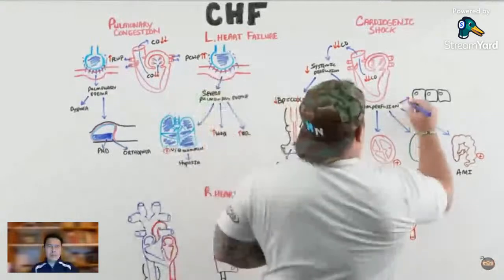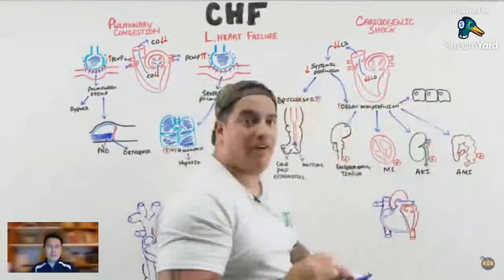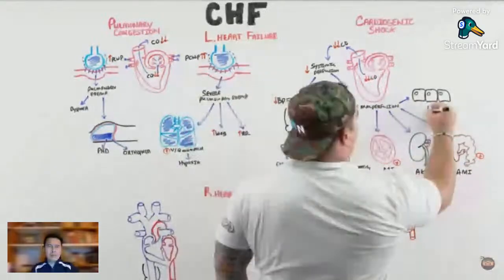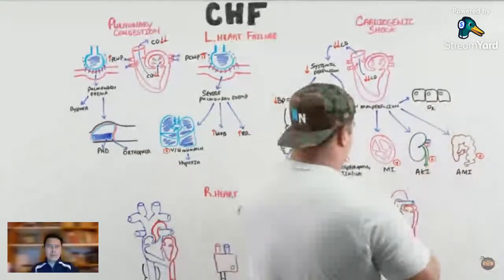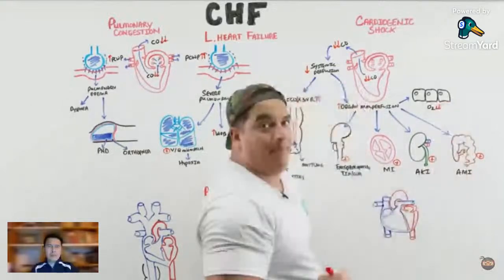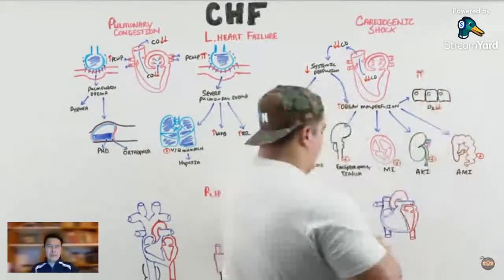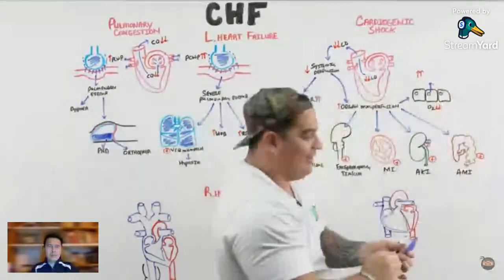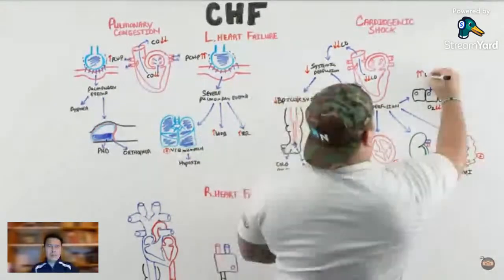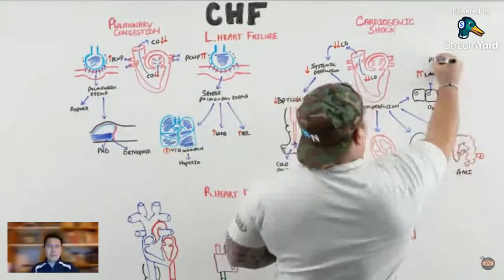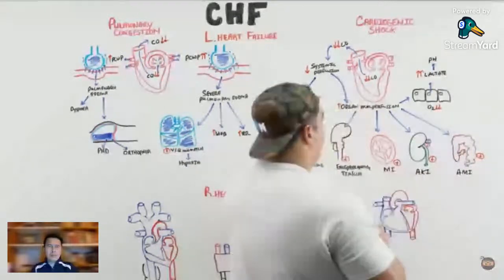The last thing that's always a feature of very poor systemic perfusion is in your tissues. Whenever there's very little oxygen being delivered to the tissues, they do not like that. And what they do is trigger the production of a molecule that's usually a sign of poor perfusion. You guys know what that's called? Lactic acid, which gets broken down into lactate. And you want to watch out for this because it will really cause the pH to drop and trigger an acidosis. So watch out for acidoses that can occur in the setting of cardiogenic shock.